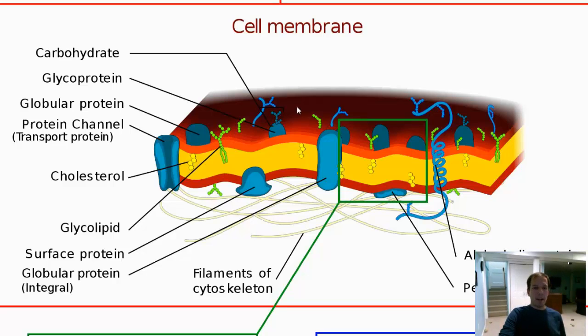Other things that are in the membrane include proteins. Proteins of which there's a few types. There are channel proteins that have space in the center for materials to pass in or out of the cell. There are integral membrane proteins, those that kind of span across the entire protein. There are surface proteins and peripheral proteins that are attached just to the exterior or only partially wedged into